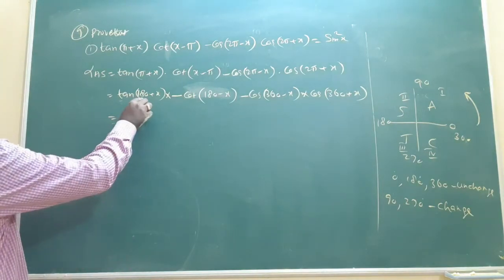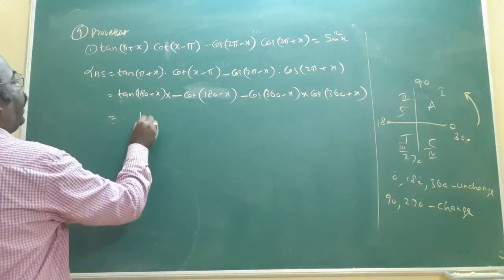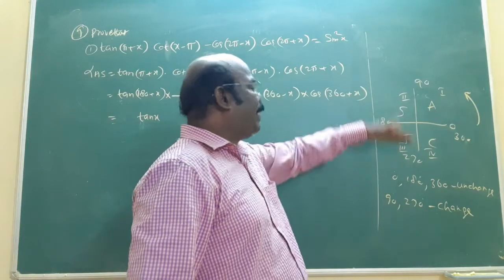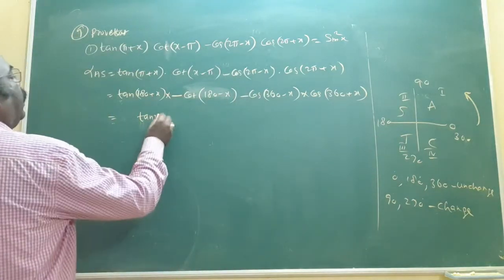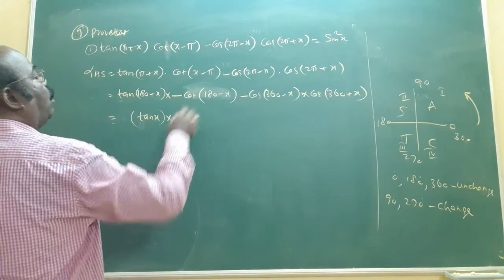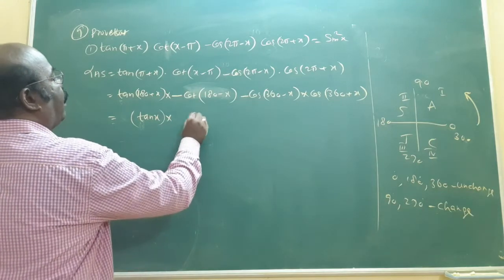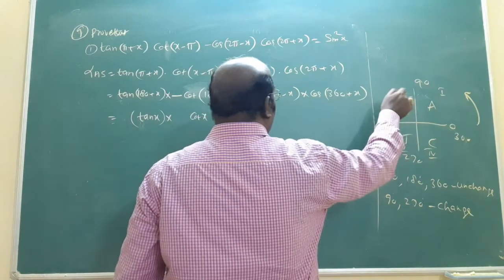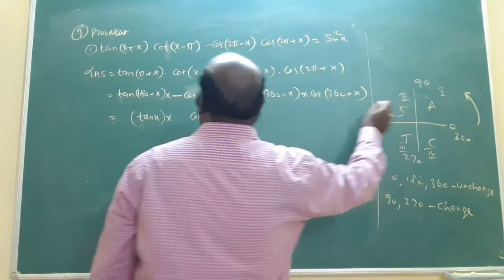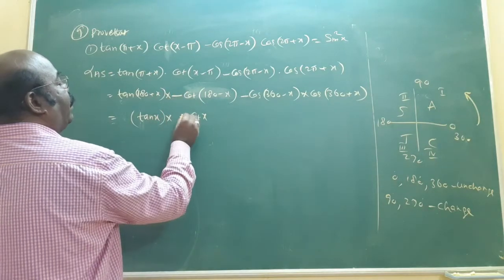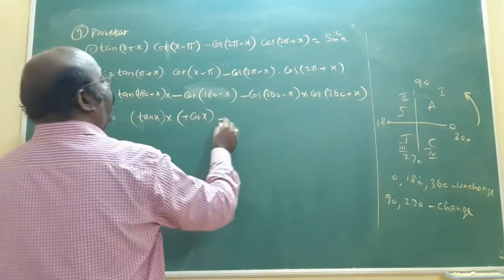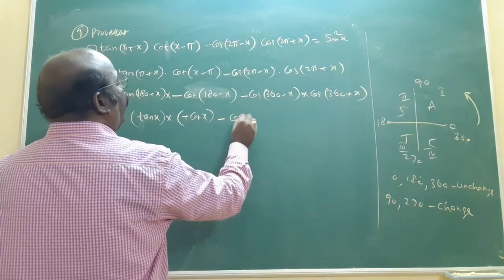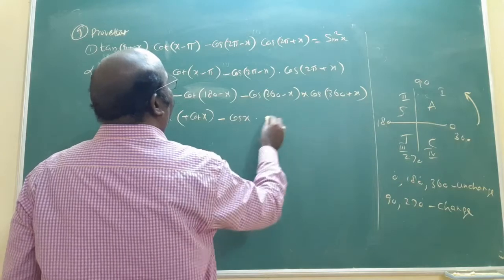Now the previous angle, 180 unchanged, tan becomes tan. 180 plus, which quadrant? Third quadrant. 180 plus something, third quadrant, tan only positive. Into cot 180 minus x. What is the answer? Cot becomes cot x. 180 minus, in second quadrant, sin only positive. Already negative is there, that's a plus. Am I correct? Minus, already told you, 360 becomes 0. Cos of minus x is what? Only cos x. 360 becomes 0 in cos x.